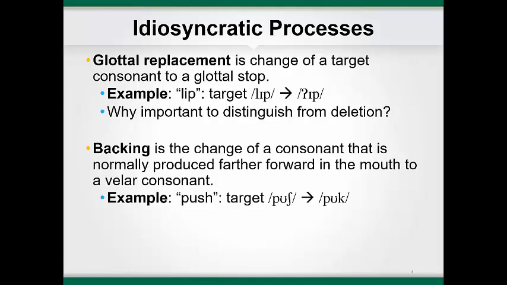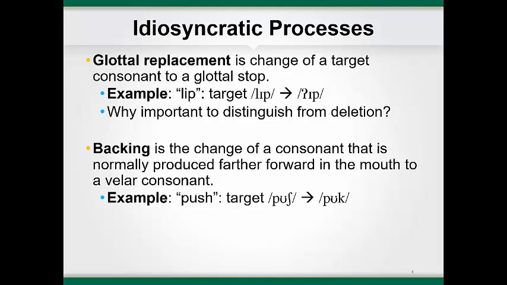The phonological process of backing refers to the change in place of articulation of a consonant that is produced with a more front place of articulation, like a bilabial or an alveolar consonant, to one with a more back place of articulation, like a palatal or a velar place of articulation. For example, a child who applied the phonological process of backing to the sh in the target word push might